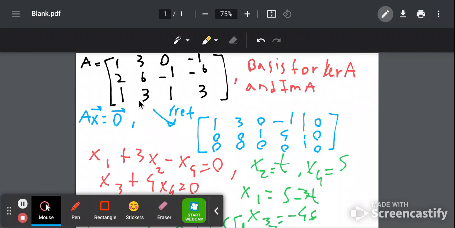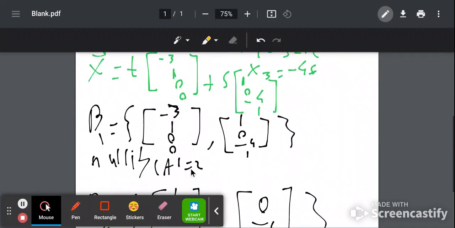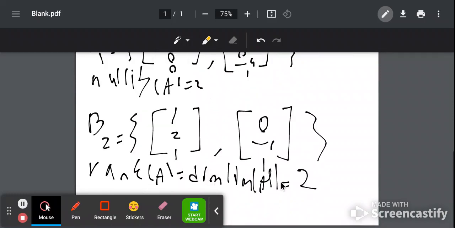So the original matrix is a 3x4 matrix, so it's an m by n matrix. So the dimension of the domain is the n, which is 4. And in fact, if we add the nullity to the dimension of the image,